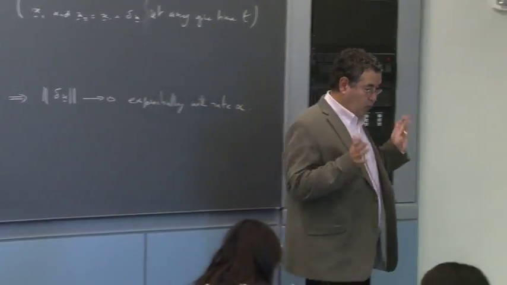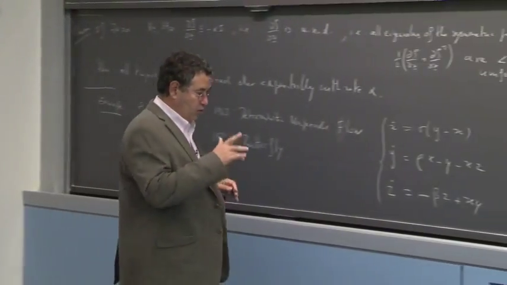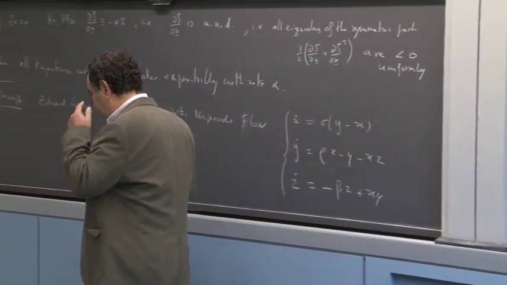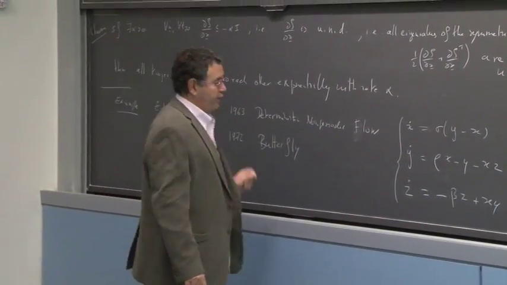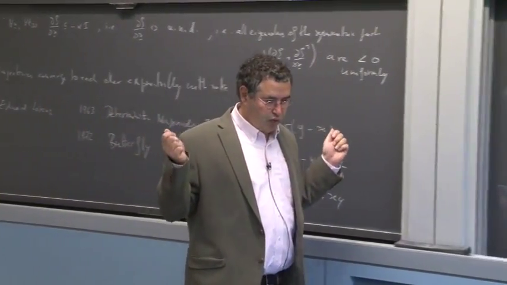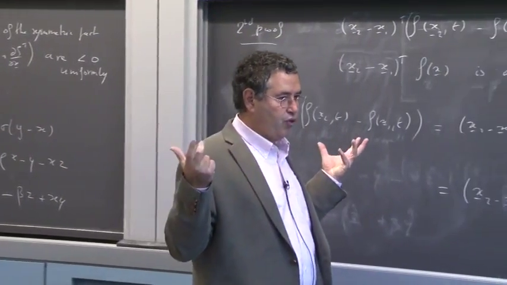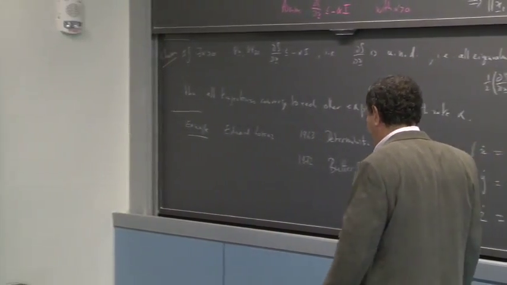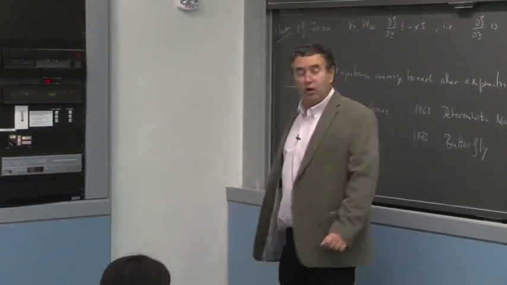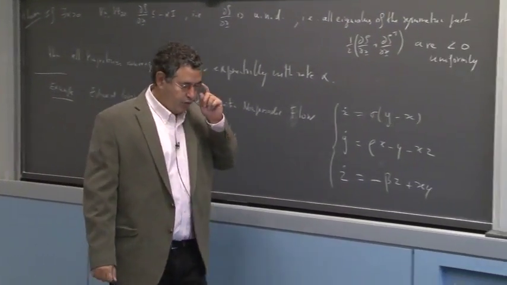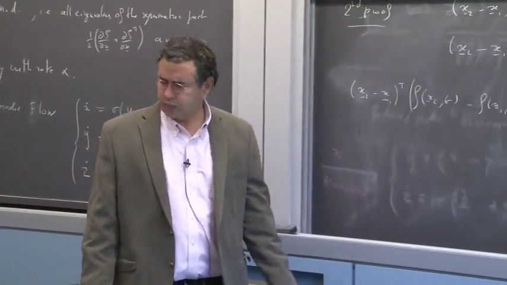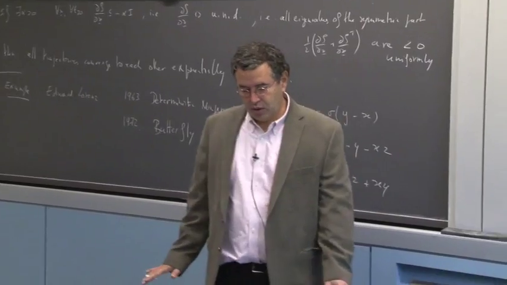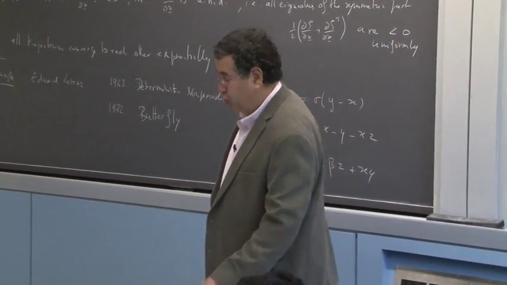So, where are we? We have several proofs of the fact that if the Jacobian is uniformly negative definite and is upper bounded by minus alpha I, then any two trajectories of the system will tend towards each other with an exponential rate guaranteed to be less or equal to alpha. So that's a sufficient condition, of course.